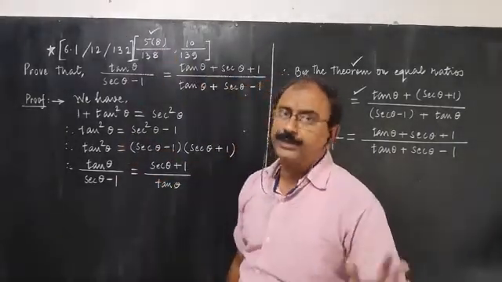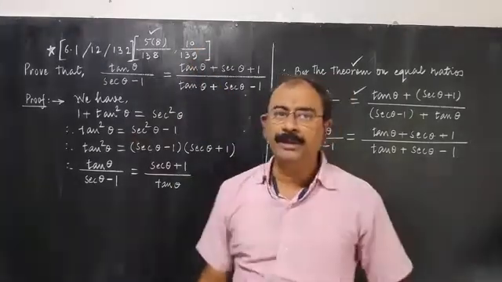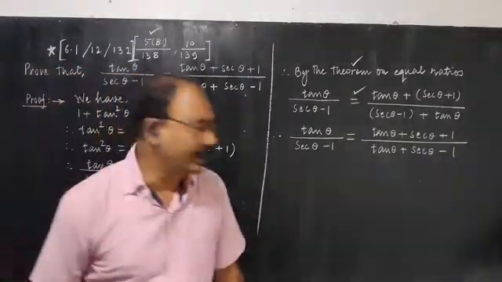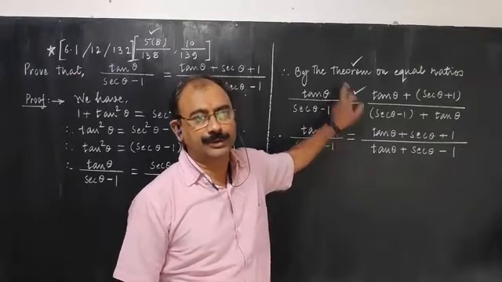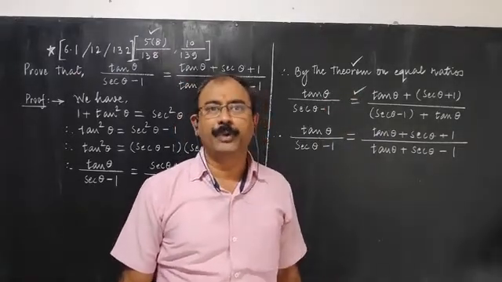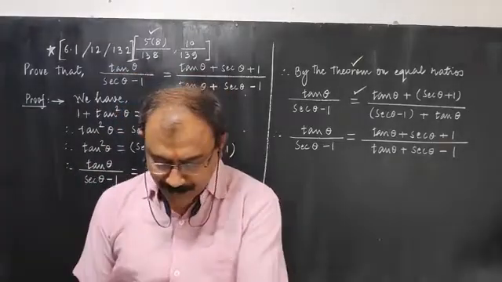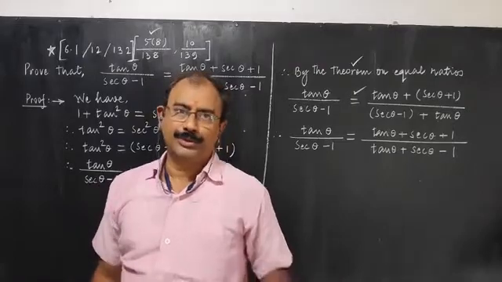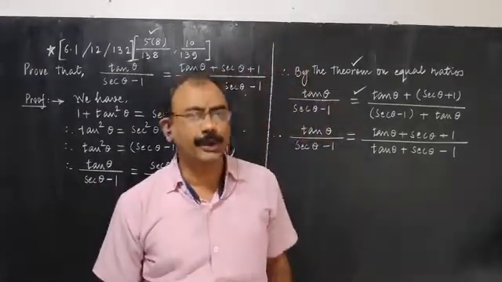But there is one more similar example, problem number 10 on page number 139, that I am giving you for homework. It is also based on the theorem on equal ratios. So try that example. All the best for that example. Now, almost all examples of 6.1. Why did I say almost all? Because 1 or 2 which are very easy, I have given you for homework.